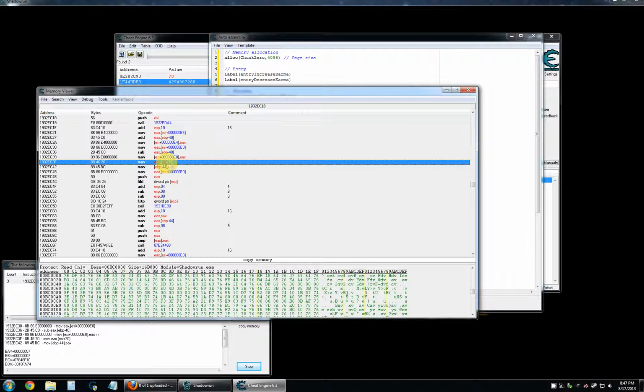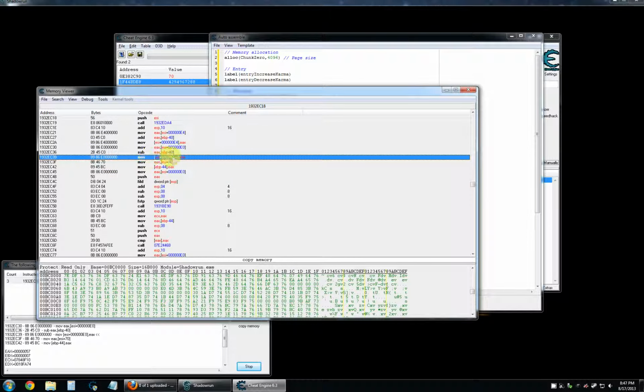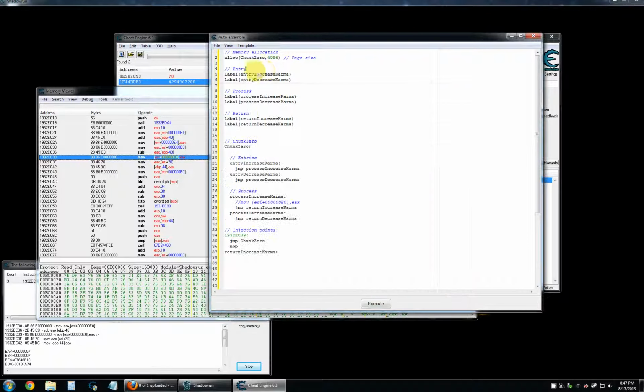So what essentially, in a nutshell, is happening here? What's happening here is that Cheat Engine is going to stomp or clobber, or whatever you want to say, this assembly instruction at 1932 EC39. It is going to replace this instruction with a jump. That jump is going to jump to our allocated memory chunk 0, which is allocated right here, but this is